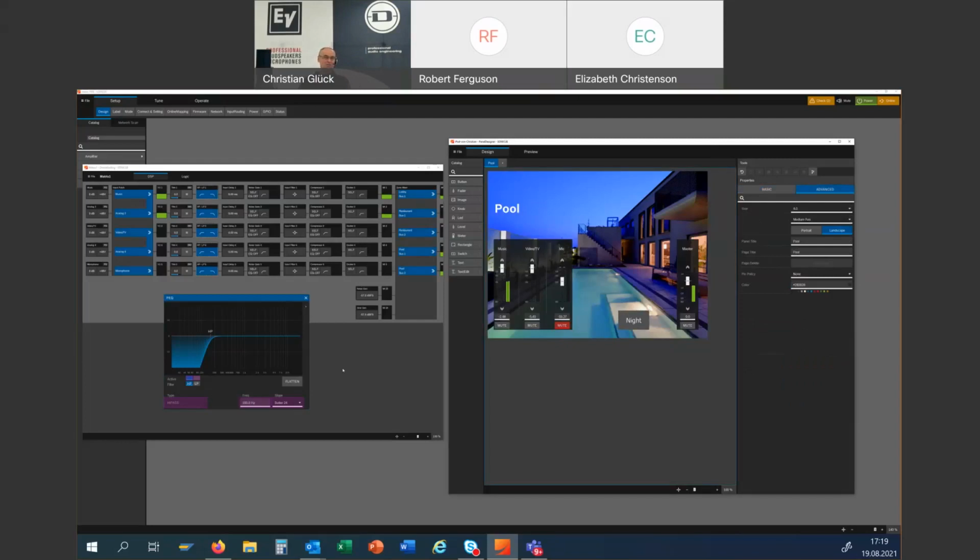So let me try to show this again. So I got the button, you see the little plus. I'm dropping it on it. And this is actually a nice thing. As you see, I'm in design while you see the view meters running, and you also see that this button, I just dropped it, is already active. Okay. So if I change to my preview mode, yeah, I can actually test it. No, I could not change to my